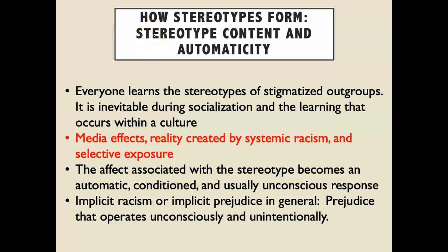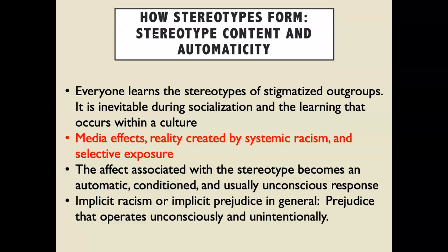Okay. Now, how stereotypes form? Stereotype content. And then this important idea of automaticity. So everyone learns the stereotypes of stigmatized outgroups. It's inevitable during socialization and the learning that occurs within a culture. Okay, everyone, black, white, liberal, conservative, unprejudiced, prejudiced, more prejudiced, less prejudiced, all know the stereotype that exists of, for example, African Americans, the stereotype that exists of Latinos, Latino Hispanic type people,